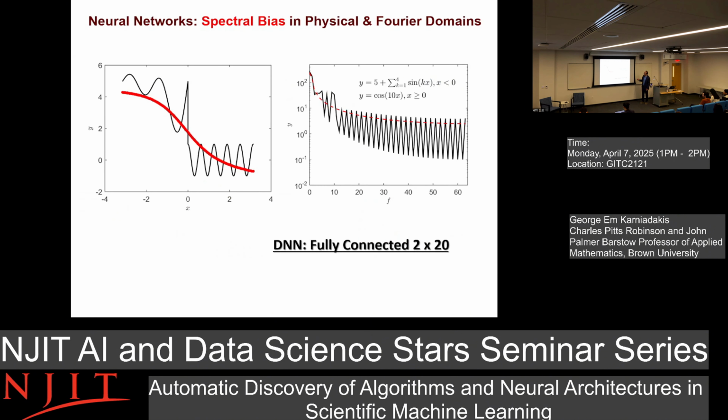So that's one story, right? These methods handle the high frequencies. Now, if I look at neural networks, let's say a neural network with 2 layers, and I'm trying to approximate this function, the physical domain is the same thing in the Fourier domain. You can see what happens. The network fits the low frequencies very quickly, but the high frequencies take forever. That's why neural networks can be very, very slow.